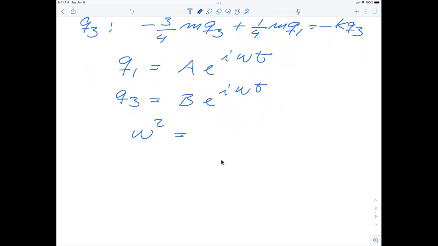And what I'm going to do now is to define this omega squared as we did before. I'm going to divide by m on both sides, so omega squared is given by k divided by m. This is the same thing as we did before. We don't have any damping, so we know that the solution is a linear combination of cosines and sines, which can be rewritten in terms of an exponential. So we can plug that in. And if we look at the first equation, what we would get in that specific case, so if we take the equation for Q1,